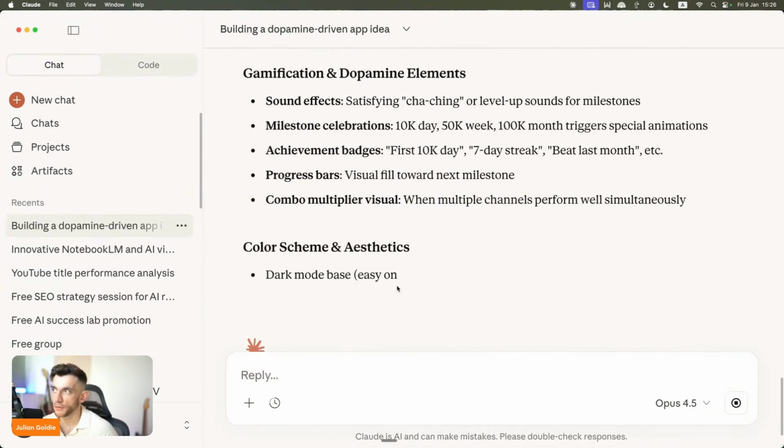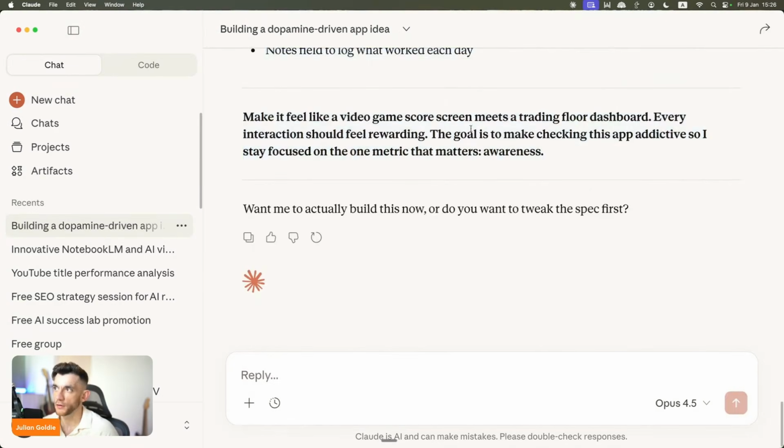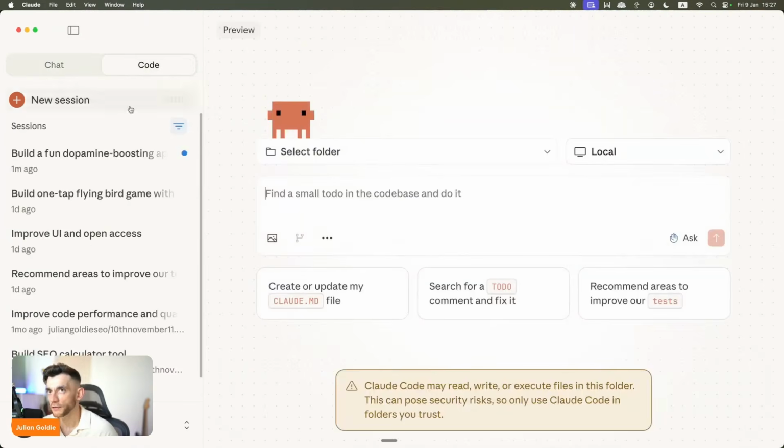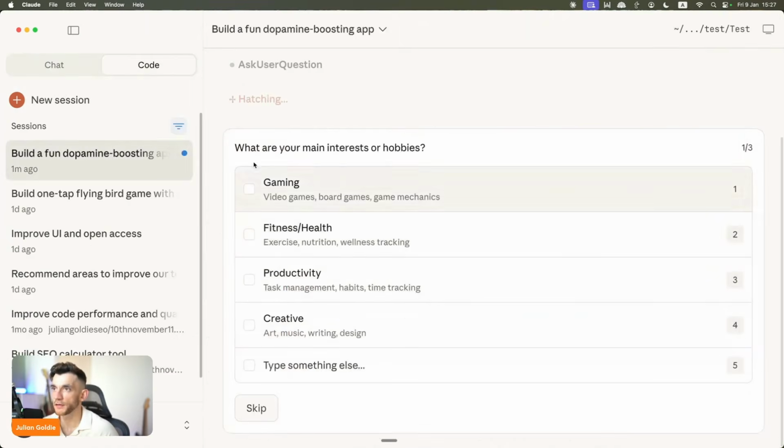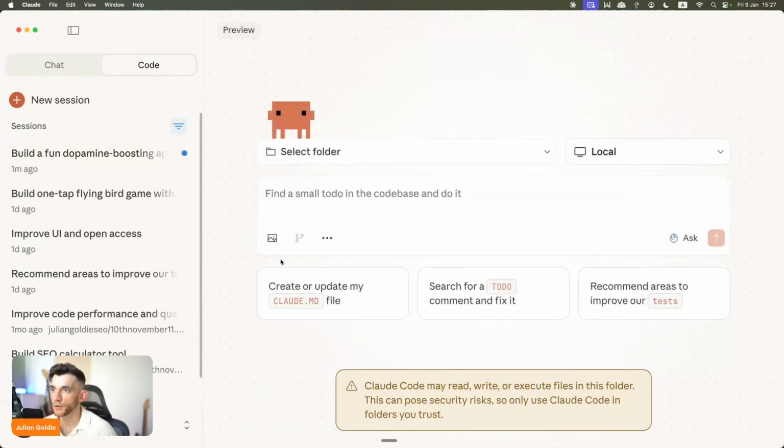Now, once we've done that, so let's wait for that to load. We can now copy this. There we go. So that's inside the chat of Claude. We're going to go back over to the coding section. We're going to plug this in. The thing I like about this as well with Claude Code is it gives you options, and then you can choose which one you want, right? Which is pretty nice. Now, if we open up a new folder here,